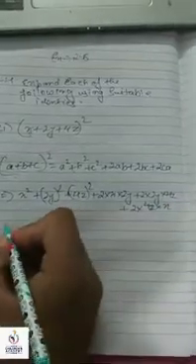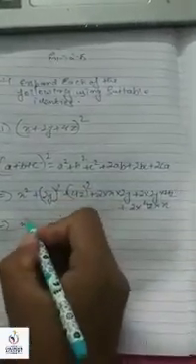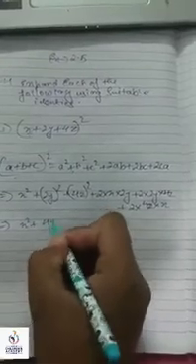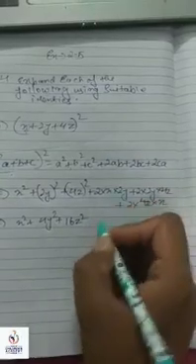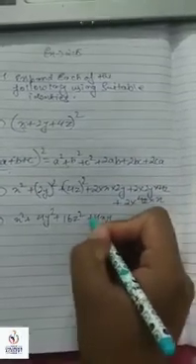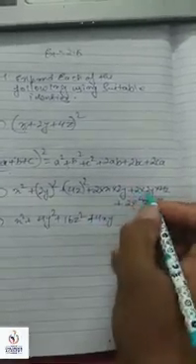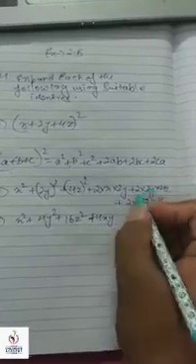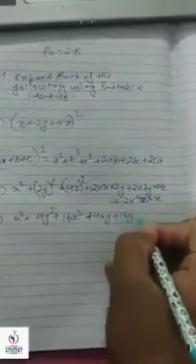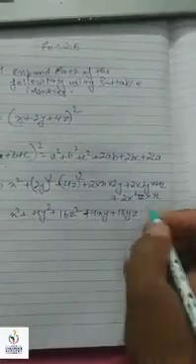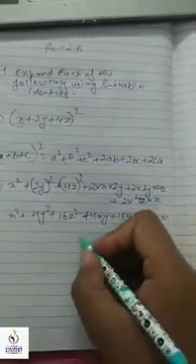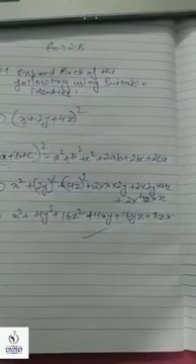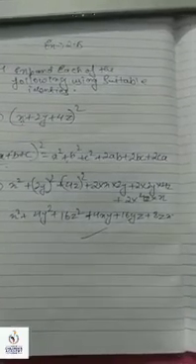Now simplify it: x square, (2y) square will be 4y square, (4z) square will be 16z square. Now 2 twos are 4, 4xy. Then 2 into 2 into 4, so 4 twos are 8 and 8 twos are 16, 16yz. Now 4 twos are 8, 8zx. So this will be your answer. Okay, so by this method we will solve our questions.